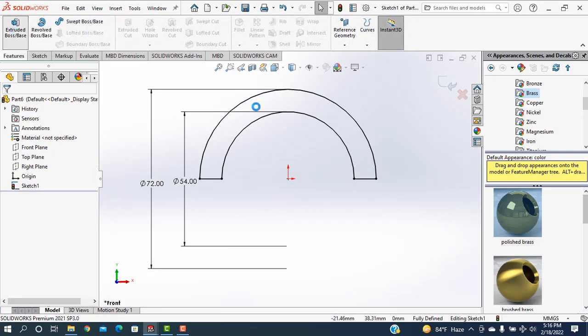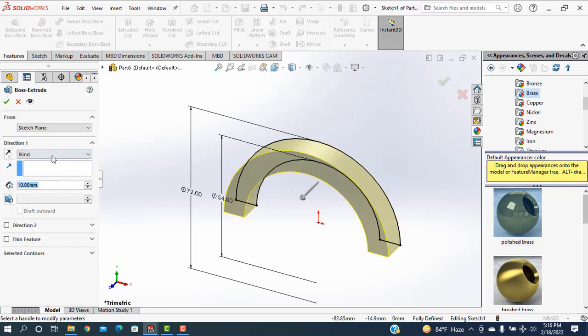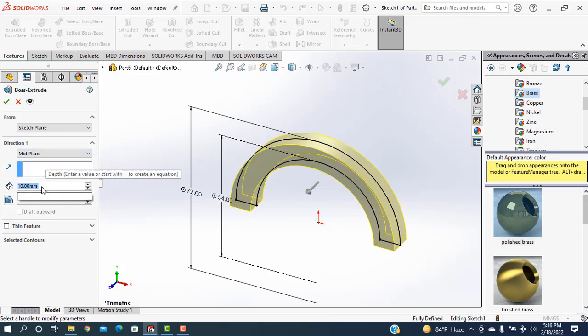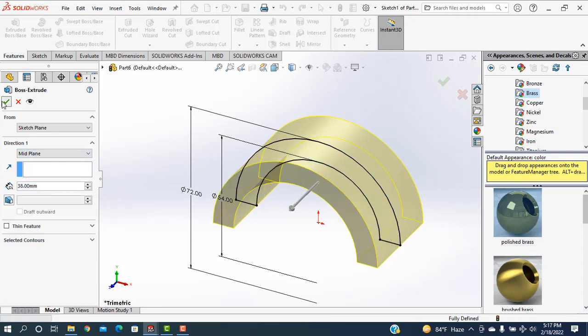Go to the features, extrude boss selected. Then going to the blind and mid plane, I'm taking this one as 38 millimeters. Okay,